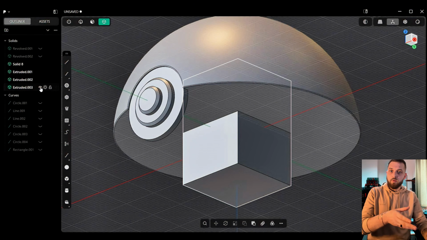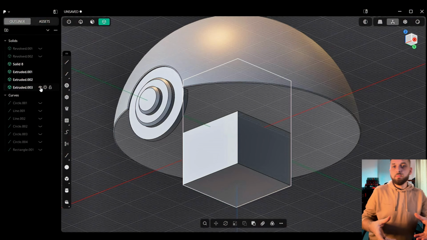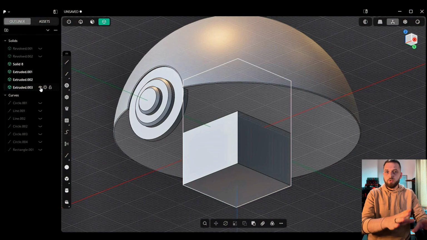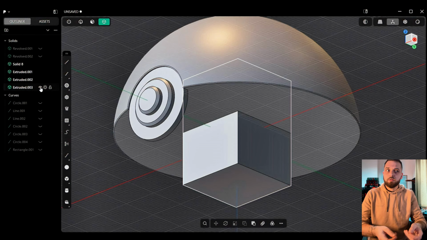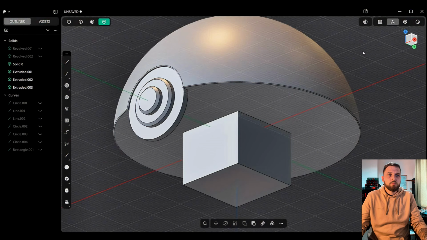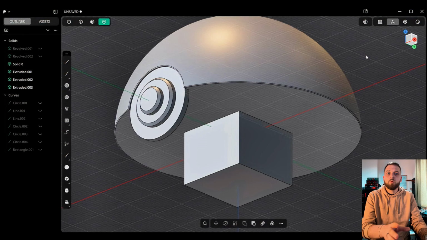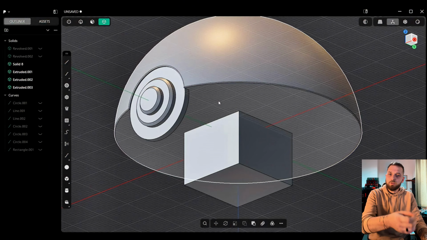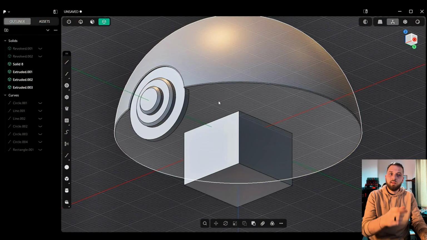And now, with the assembly side of things, printers don't exactly print with zero tolerance. So what we will need to do is go through everywhere on this that's going to be touching another object and then reduce it by